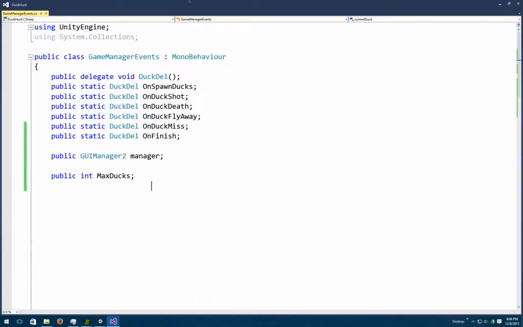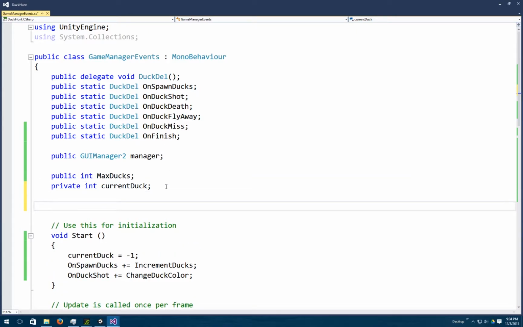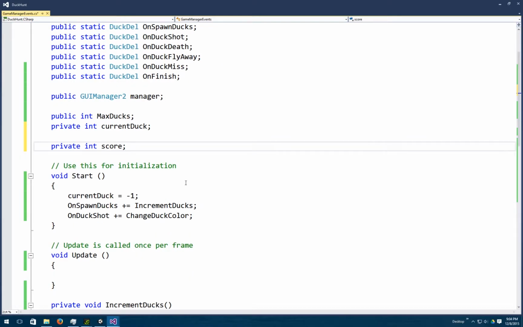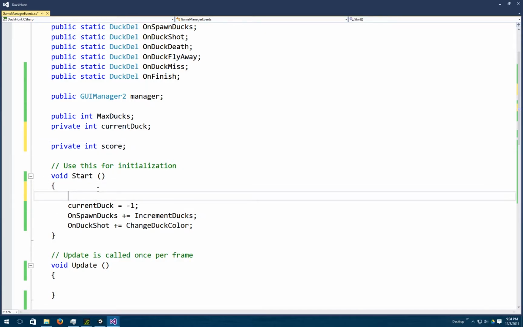Let's keep it in game manager then. So I'll have private int score, and the score is going to start out as 0,